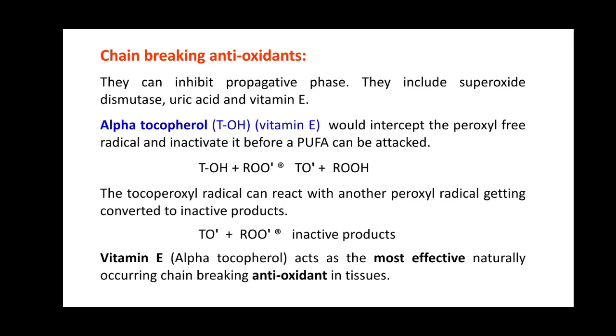When vitamin E itself forms a free radical, the tocopheroxyl radical, it can react with another peroxyl radical and get converted to inactive products. The resulting vitamin E radical is stable as it is able to delocalize the unpaired electron within its structure and does not propagate the chain reaction. So it acts as the most effective naturally occurring chain breaking antioxidant in the tissues. Here vitamin E acts as an antioxidant,